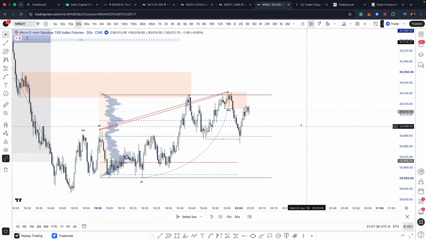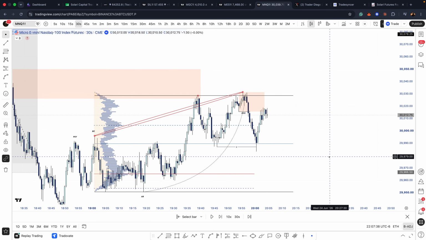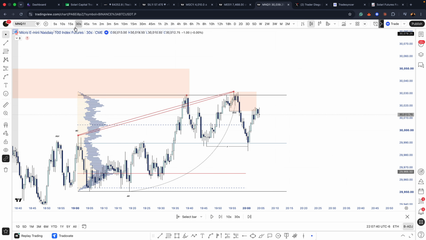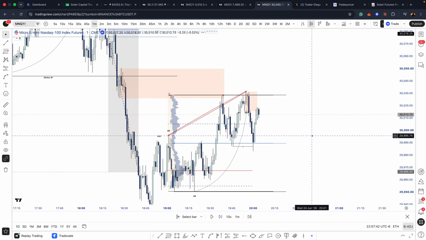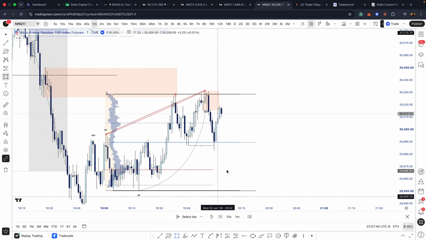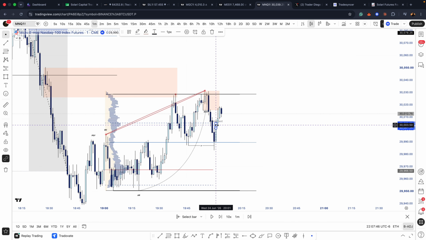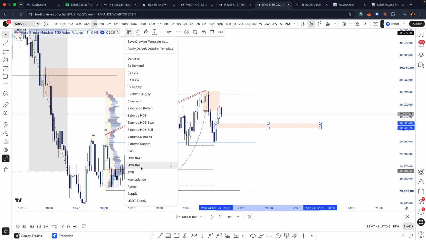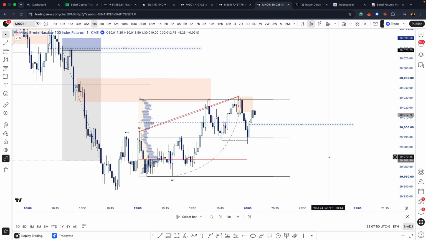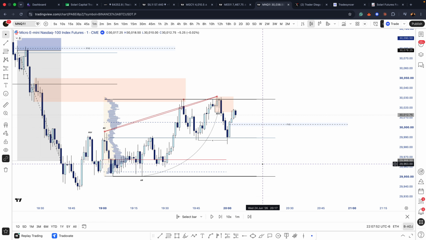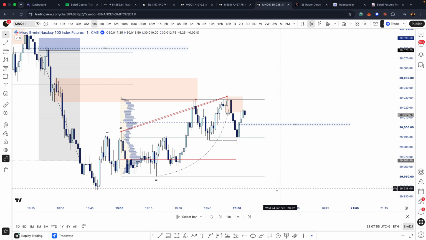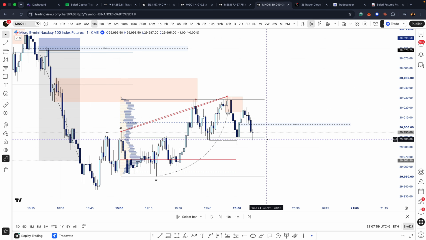I like the POI. I like that we know the momentum, so we're kind of trading with momentum. But let's just see what would happen here if we are using this 1 minute fair value gap as a reconfirmation. So we're in supply here. We can just chill in the 1 minutes. Okay, well,